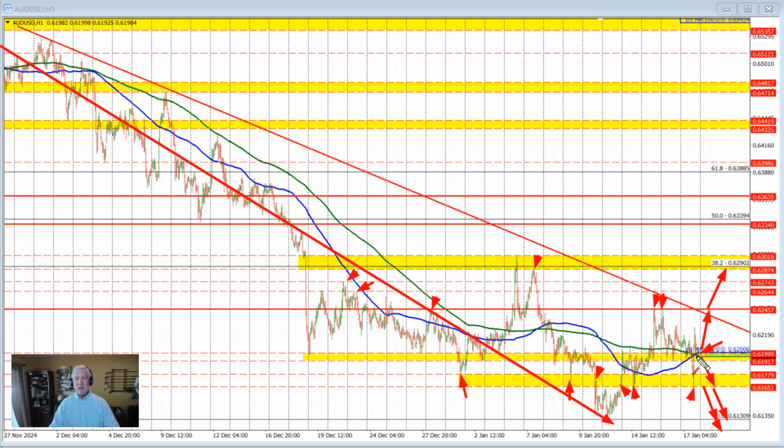So here we sit at the 100, 200 hour moving average, not knowing which way we want to go. I think the market wants to wait until next week to figure that out, and we'll look for the momentum in the direction of the break away from that level, and we'll start to look toward other levels, including the 65, 69 level on the downside, including the 0.6245 level on the top side. So that's my